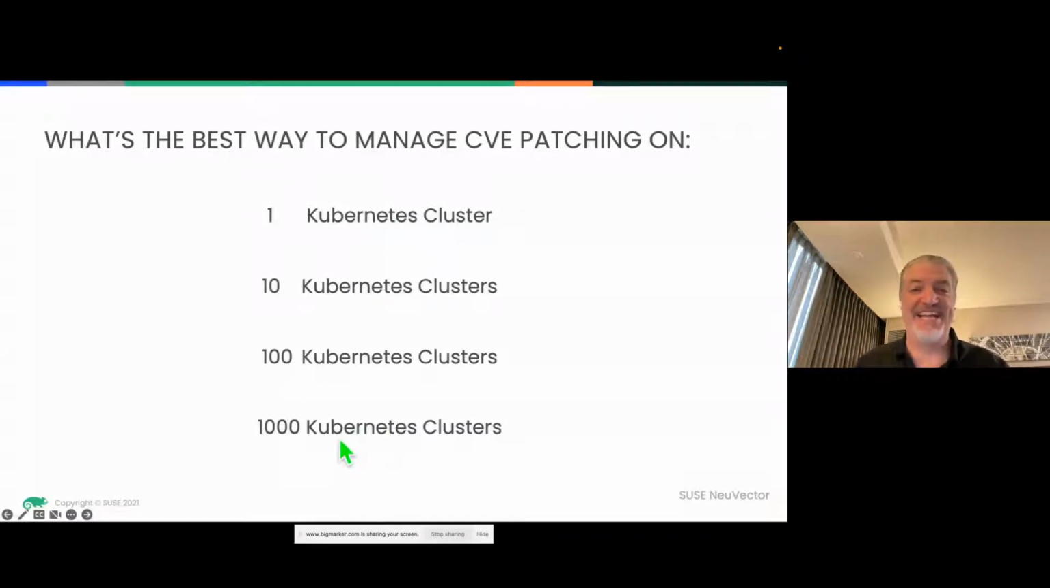I don't know. I think it's the same though. Regardless if it's 1 or 100 or 1,000, I would like to remediate those CVEs in exactly the same way so that the scale of my environments is not impacting me. That's sometimes very challenging, but